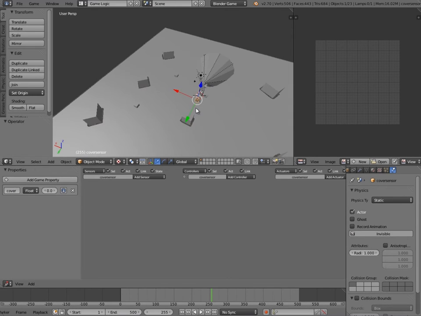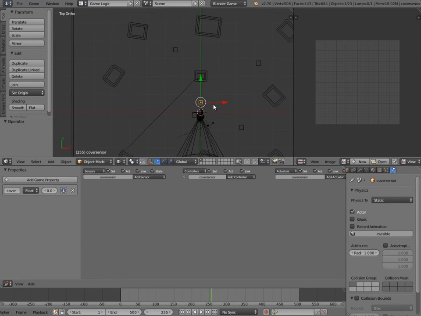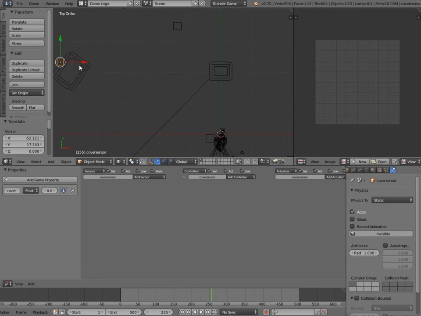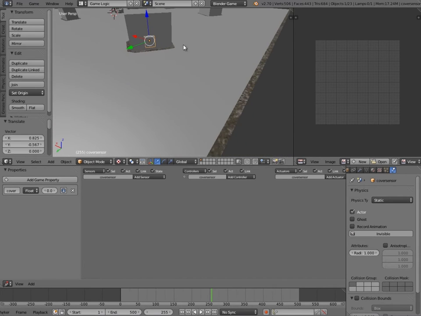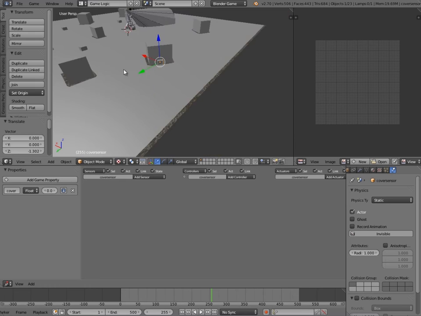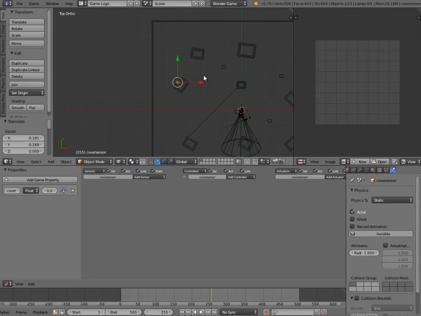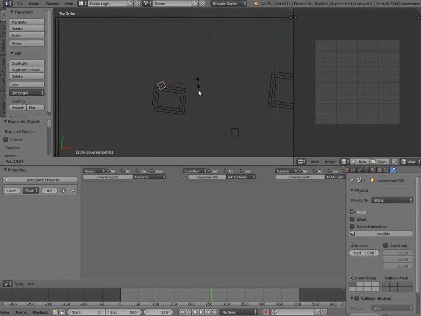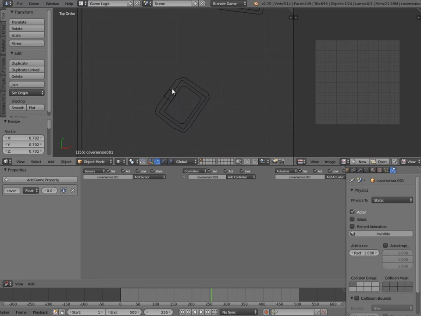The first thing I'm going to do is press numpad 7 to go into top view, press Z to go into wireframe, and then I'm going to add my first cover over here, R to rotate, and I'm just going to move it in the center, somewhere around there. Move it down a bit so our player can collide with it, and numpad 7 again. Just move it across a bit, then Shift D to duplicate, R to rotate, and we'll just do it for this one over here as well. Maybe S X to scale it down a bit,